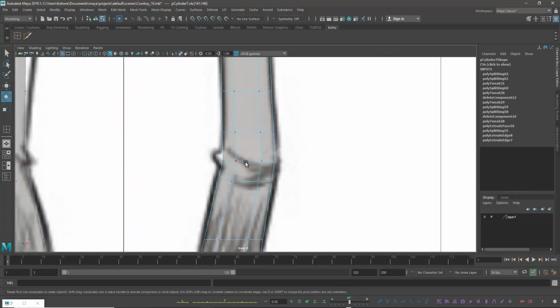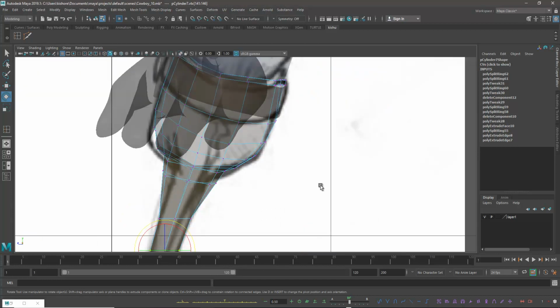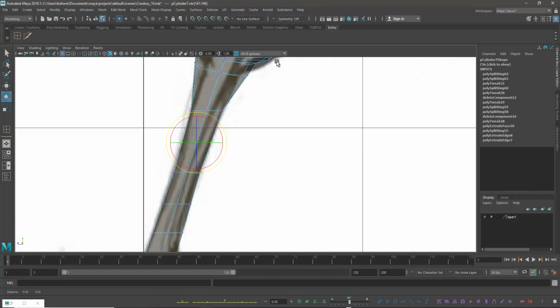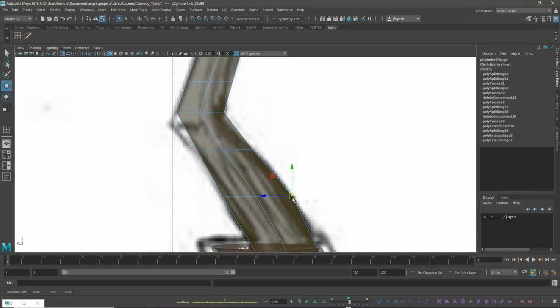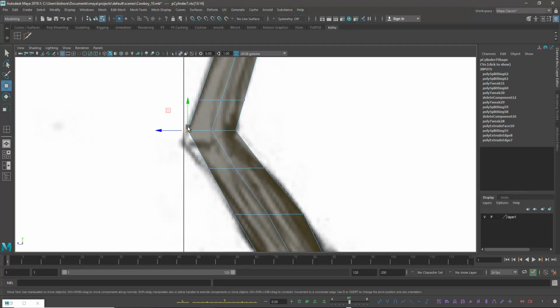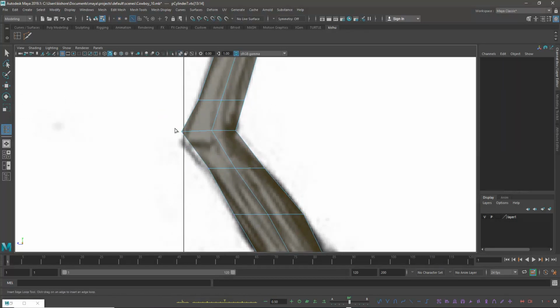Or do we need to add any divisions? For example, see here, I'm just placing something like this. Here I'm just adding one more division.